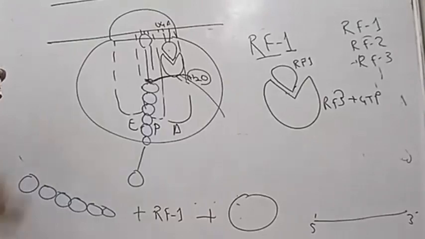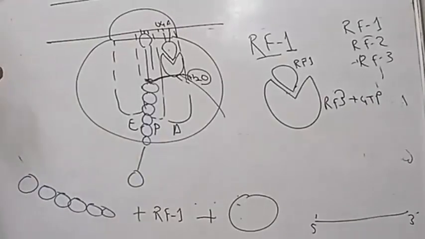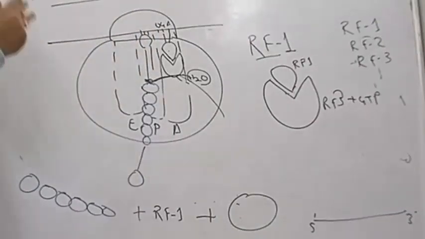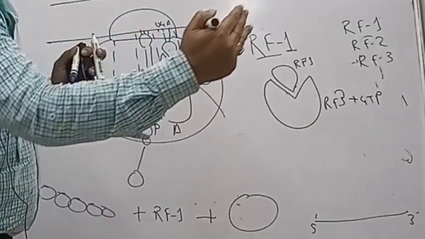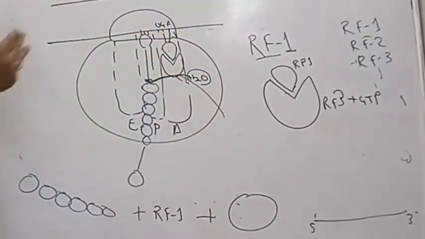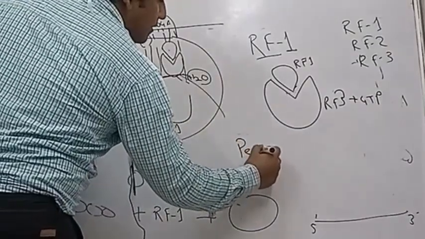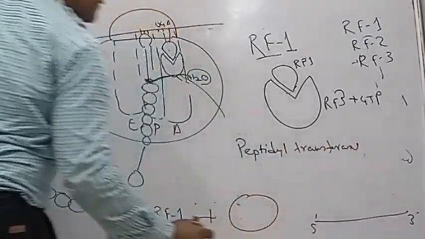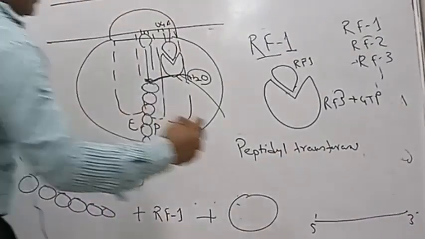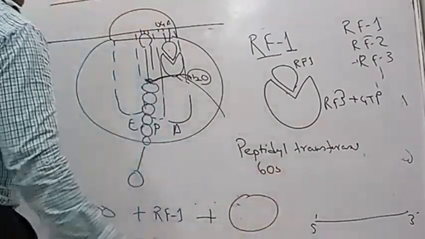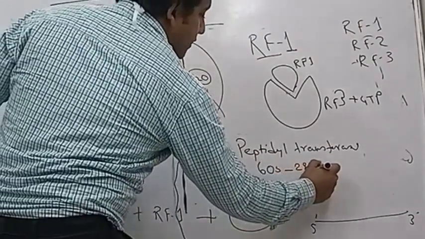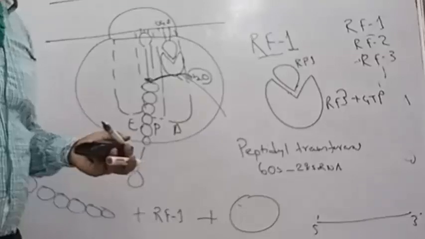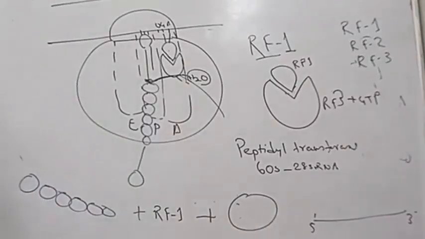Another thing I should mention, and I forgot to mention, is that the nucleophilic attack of the amino group on the ester, and the transfer of the entire polypeptide, is done by the action of peptidyl transferase. That peptidyl transferase activity is of the larger subunit, the 60S subunit, mainly the 28S rRNA. So this is another example of ribozyme activity, RNA acting as enzyme.